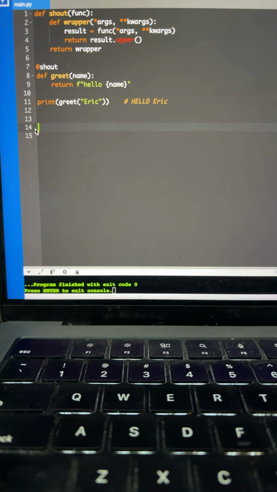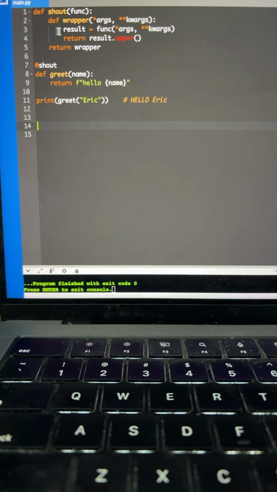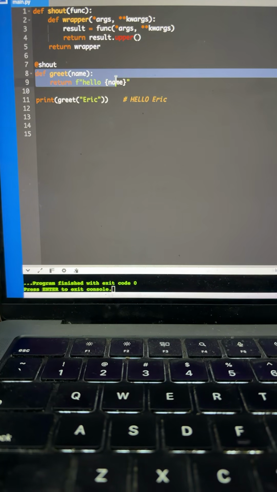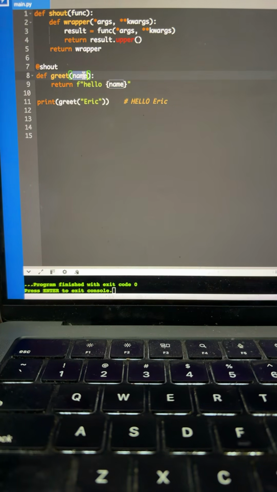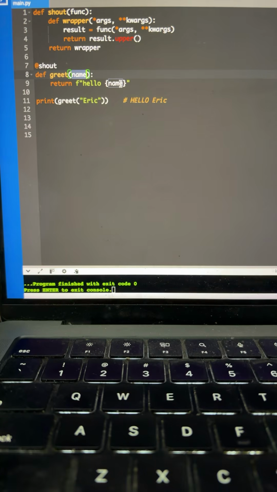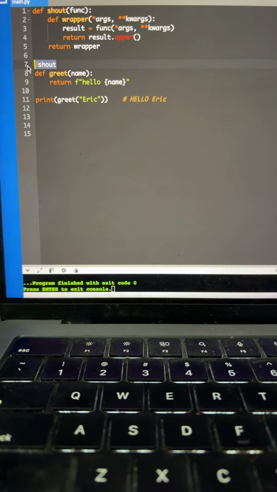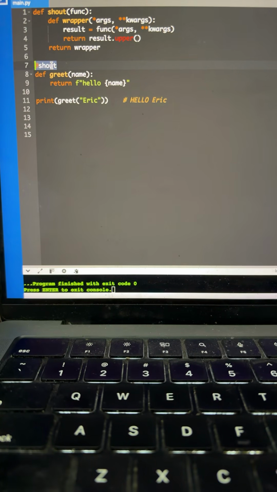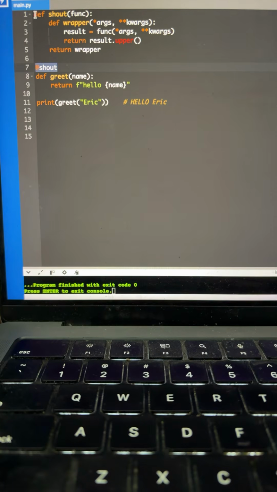So what does this signify? What actually is it? I'll provide a code snippet. This is the code snippet that I want to talk about. If you see here, this is our function def greet. We are passing a name to it and we are returning hello name. That's it. If you observe one thing here, we have written something called @shout, and this is the function,